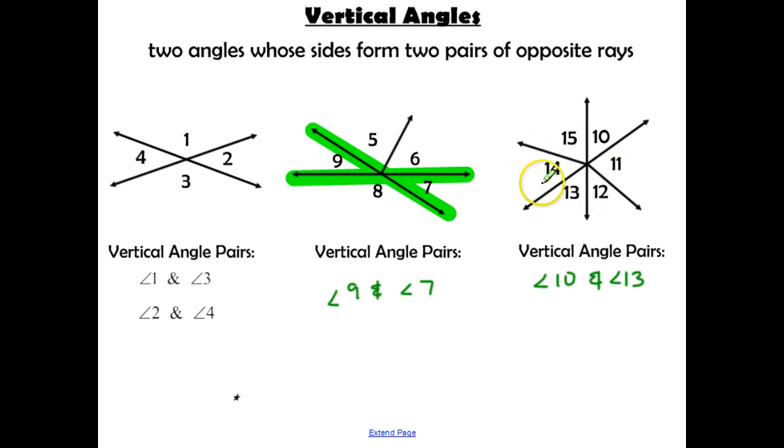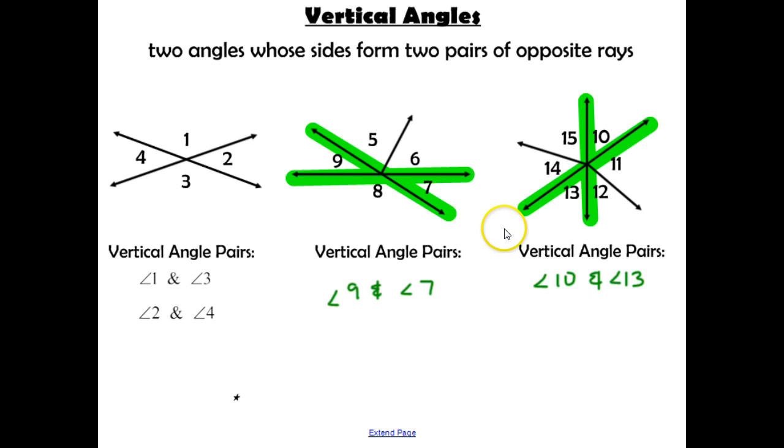Here, it kind of looks like you have a lot of pairs of vertical angles at first, but when you look at the only opposite rays, you have one here and you have one here. This one is not an opposite ray because, as you can tell, this does not make a straight line with that one. So we don't want to focus on that one. We just want to focus on the actual opposite rays that we have. And then when you look here, you have angle 13 and angle 10 are vertical angles. So even though it might look like there are a lot, you have to be really careful